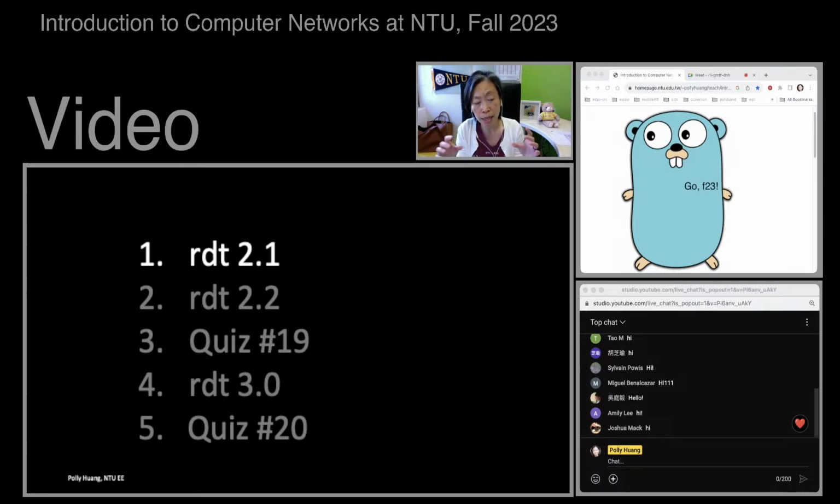Okay, so to make it a little bit more realistic, we relax the assumption about the underlying channel. In RDT 2.0, we allow bit errors, recall. But we allow bit errors from the sender to the receiver, so only the data direction. Okay. And the solution is straightforward, if you recall. What we do is to add a checksum to the packet before the sender sends it out. At the receiver end, receiver